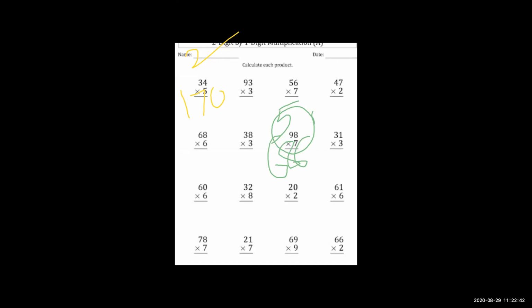Now the next sum I have given to you. You want to solve it fast. Give me the answer in the chat box. 61 into 6. Give me the answer fast. Full answer give me now. Yourself you want to write one column. After that give me the full answer. What is your full answer?